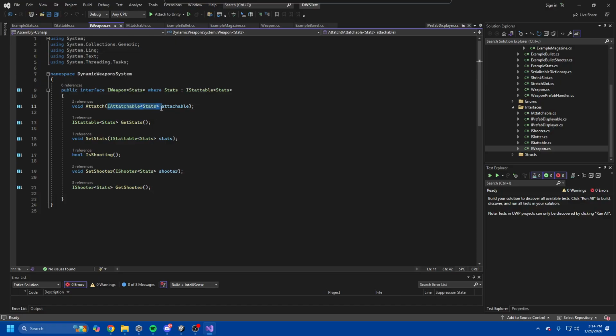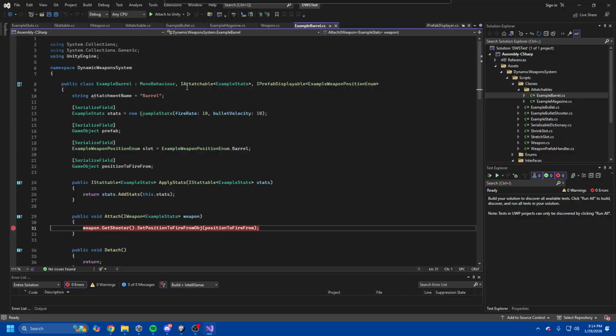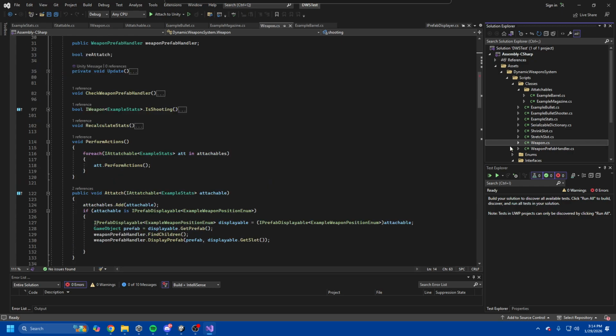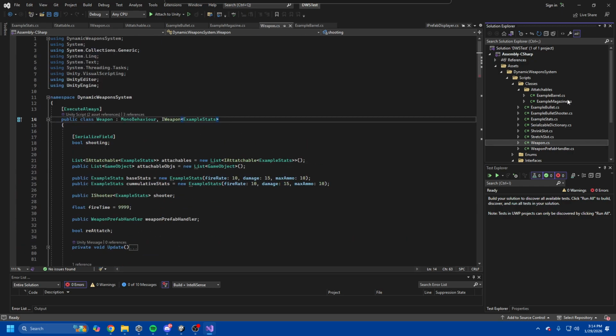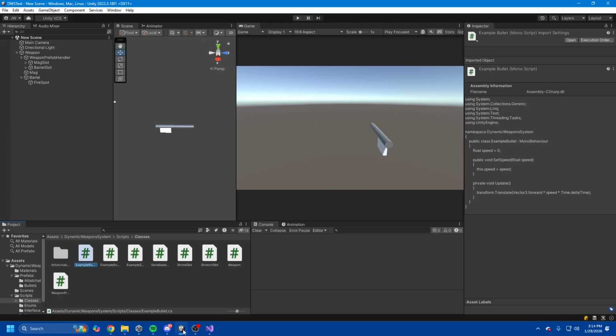Attach should take an attachable, so any weapon part, for example the example bullet, as long as it has attachable on it with the same type of stats as the weapon, then the weapon should be able to work with it. So to show this point a little bit better,